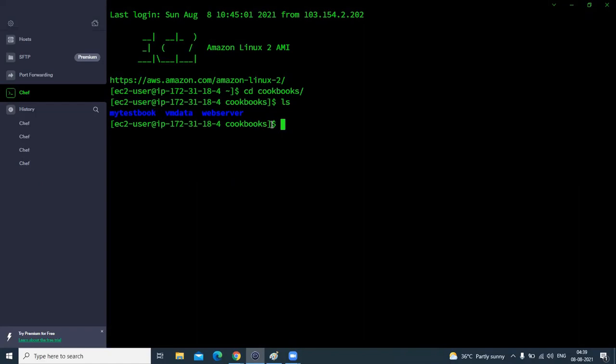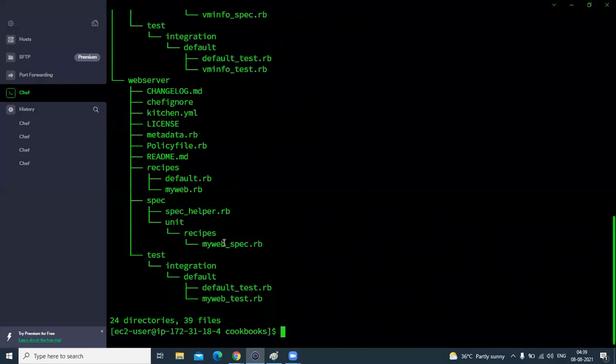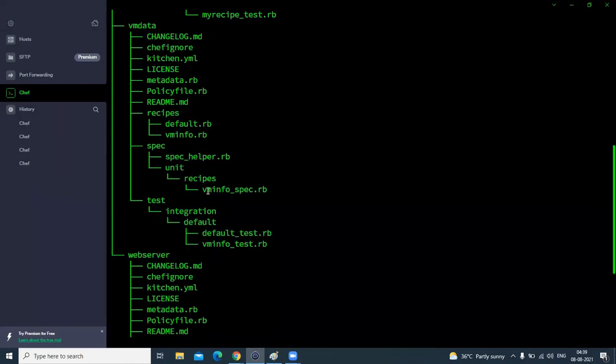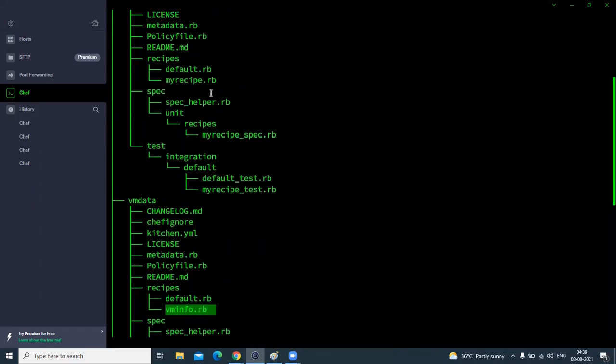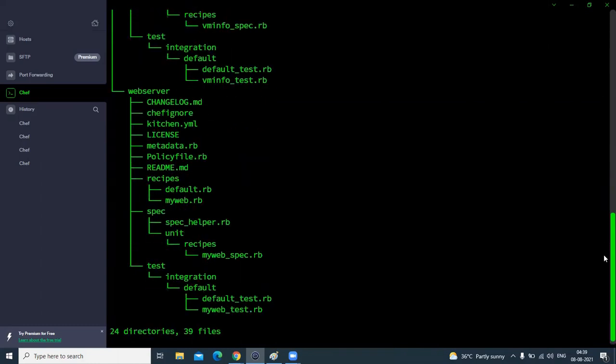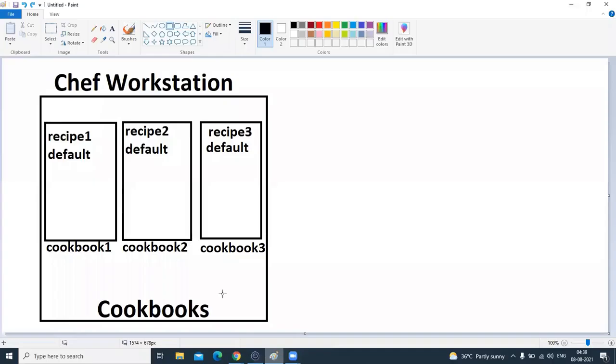First, we need to check with the tree command. There are three recipes: one is myweb.rb, second is vminfo.rb, and third is myrecipe.rb. So I write all the names into the pane.